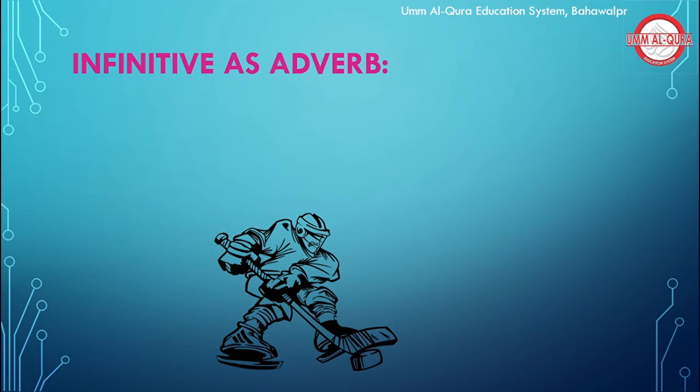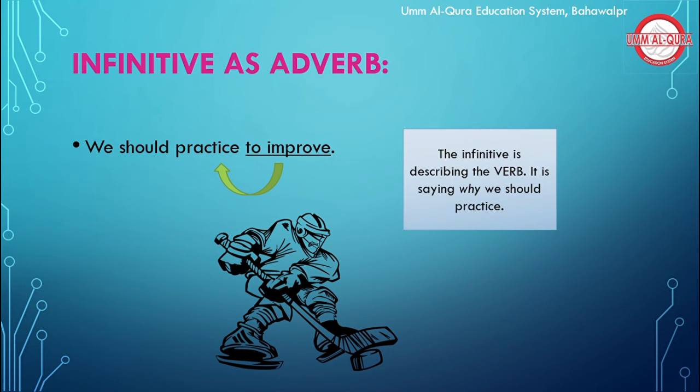The last we have is infinitive as adverb. We should practice to improve. What are adverbs? In simple words, they give you additional information about a particular action. Here, if you notice, the infinitive is describing the verb. It is saying why we should practice, more information about the practice. Practice here is the verb, and to improve is additional information for it, which is why it is working